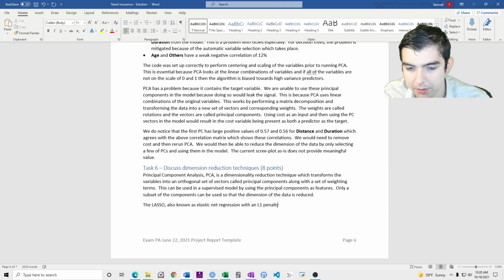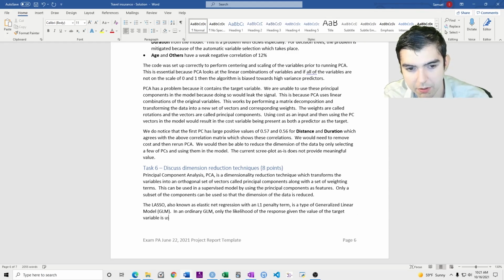L1 penalty term, is a type of GLM. In an ordinary GLM, only the likelihood of the response given the value of the target variable is used as an objective function.